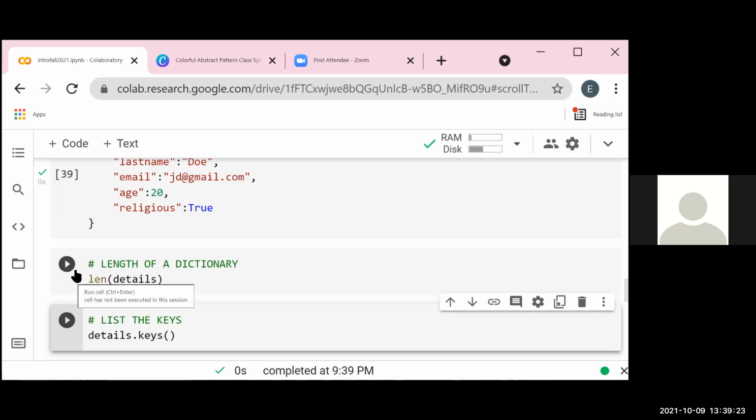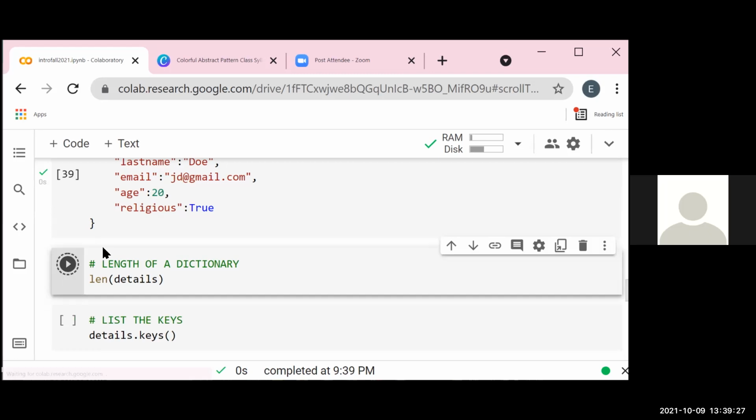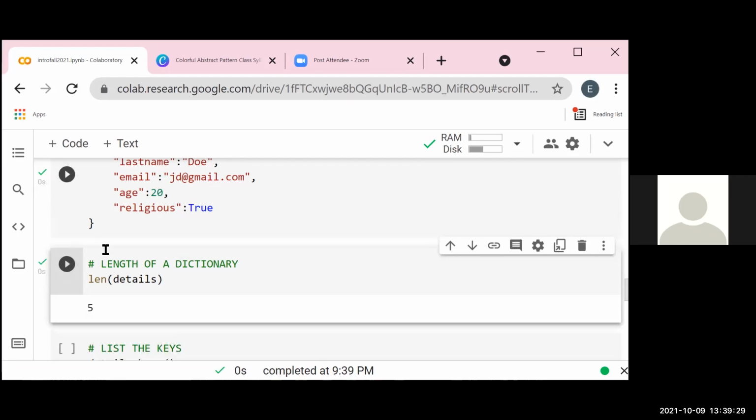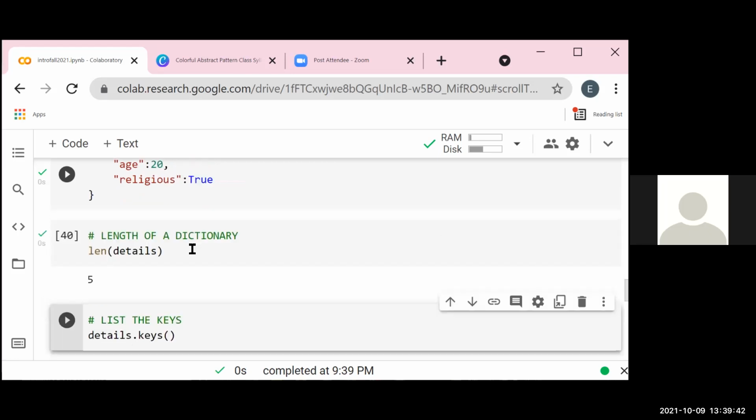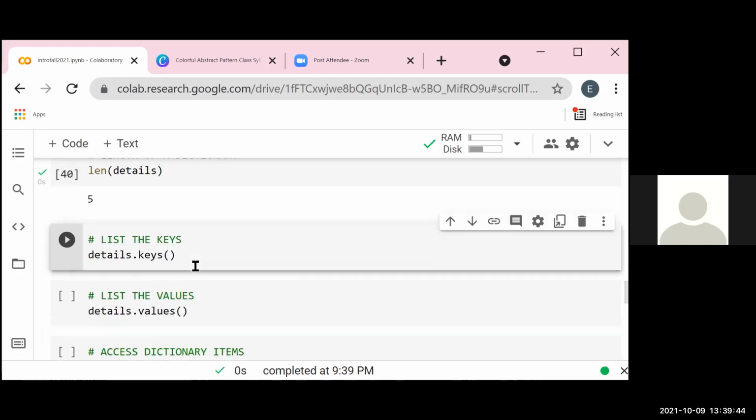So we can now check the length as usual, to see how many items we have: 5. So the key value is represented as one item of the dictionary. That's why we have 5 items instead of 10. Now you can look at what the keys are in this case.